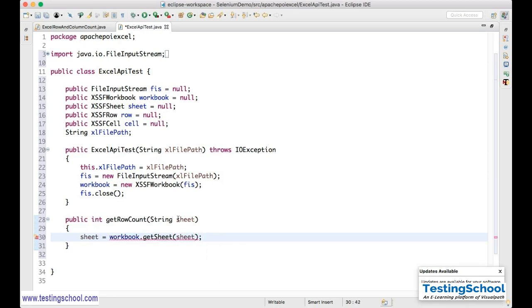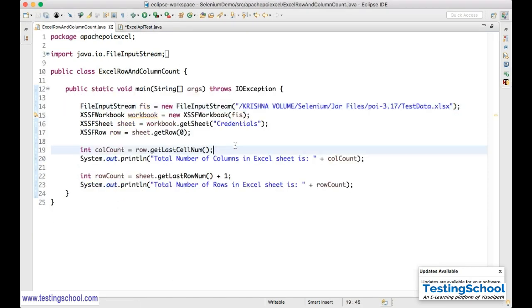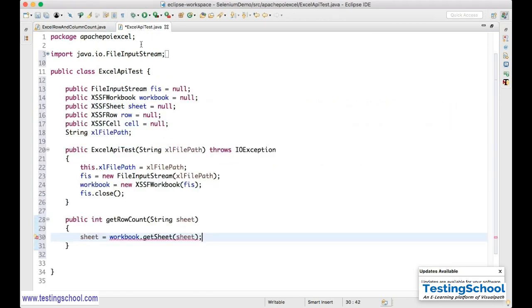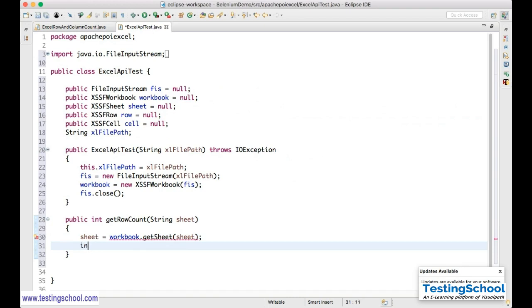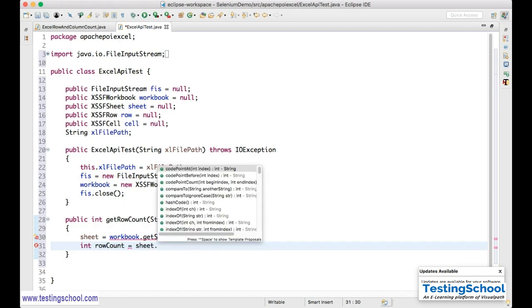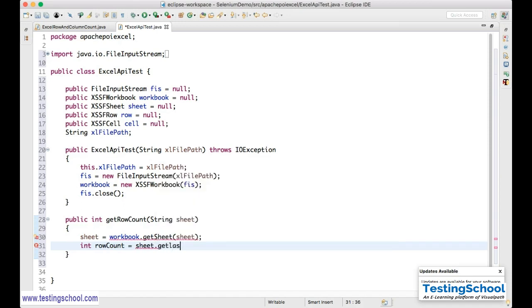I am passing the sheet from here, which sheet I need to go to. Here also it's the same thing: workbook dot get sheet of. We are hard coding here, but we are getting this from the method. So in the sheet, int row count is equals to sheet dot get last